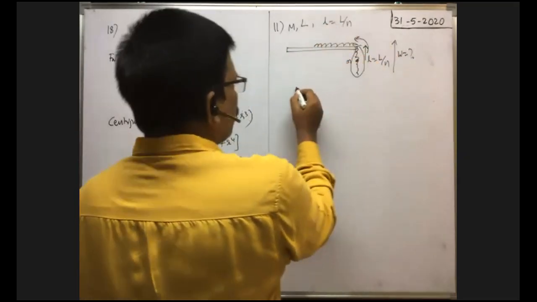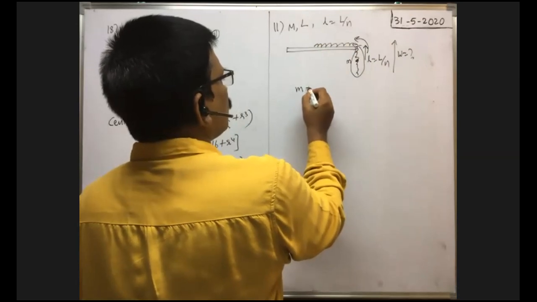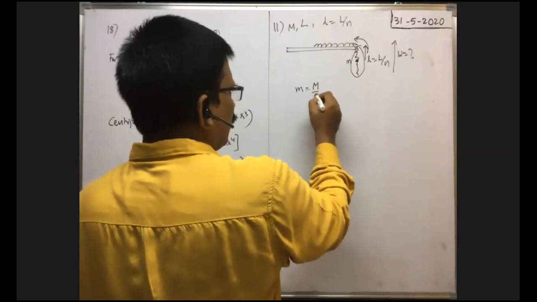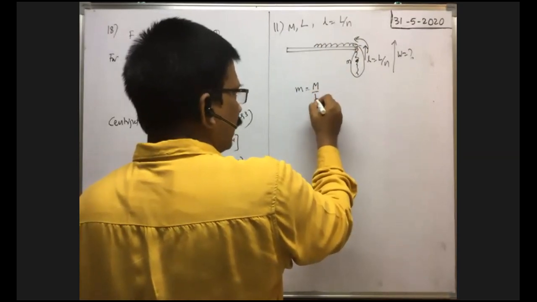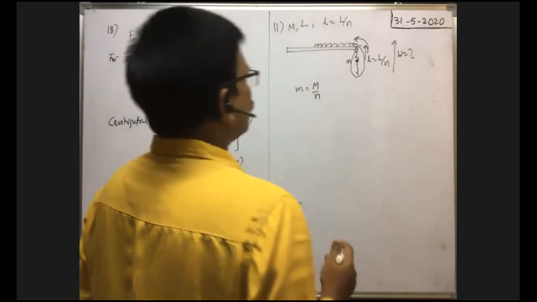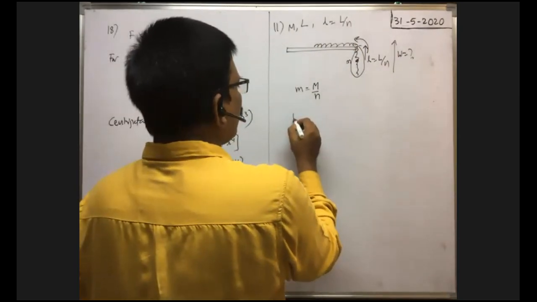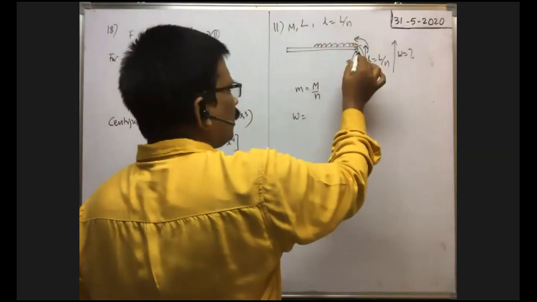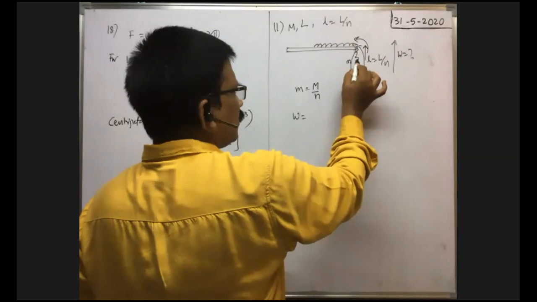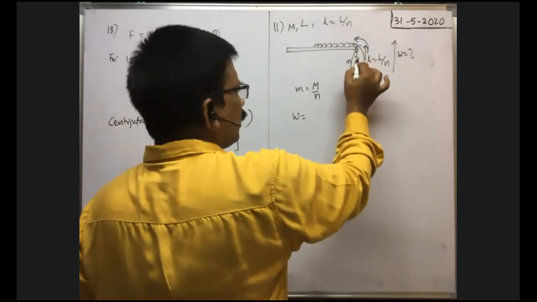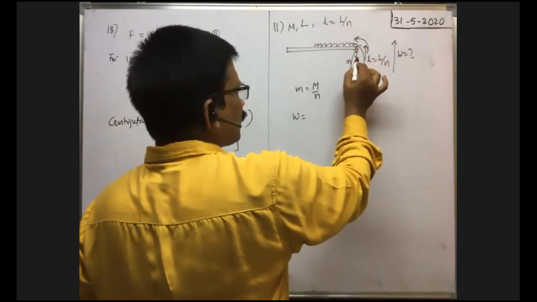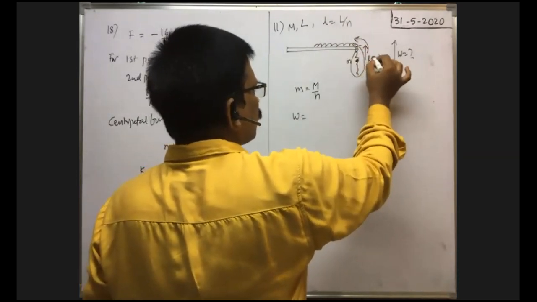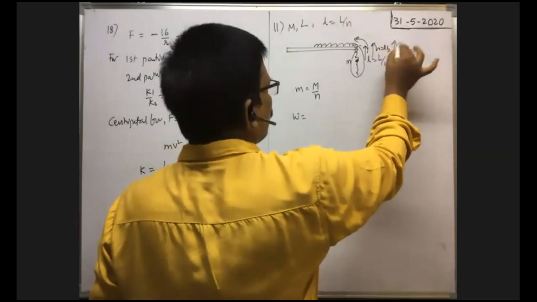What is the mass of the hanging part? Mass of the hanging part is m, equal to 1/n of the length of the chain hanging, so the mass is also 1/n of the mass, M/n. Therefore, the work done in pulling the hanging part onto the table is equal to the work done to pull the central mass onto the table. What is the distance to be pulled upwards? What is the displacement of the central mass to reach the table? That is equal to small l by 2. So h is equal to small l by 2.